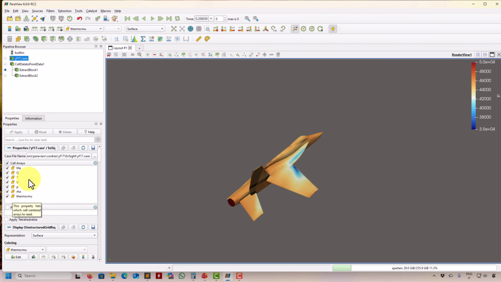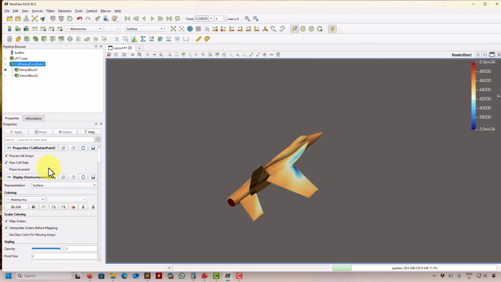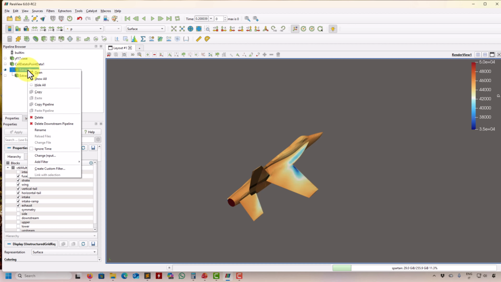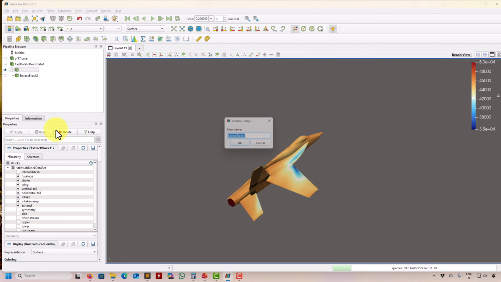Remember that in this case it was cell-centered and I wanted node-centered, but also wanted to transfer the cell data. So I added this filter. Here it's up to you what you want to access. To show you the proper difference, we have everything here, and then I use extract block. Extract block is to extract specific surfaces or regions from your dataset. Here I extracted the airplane, and to make things more intuitive, I can right click here and call it